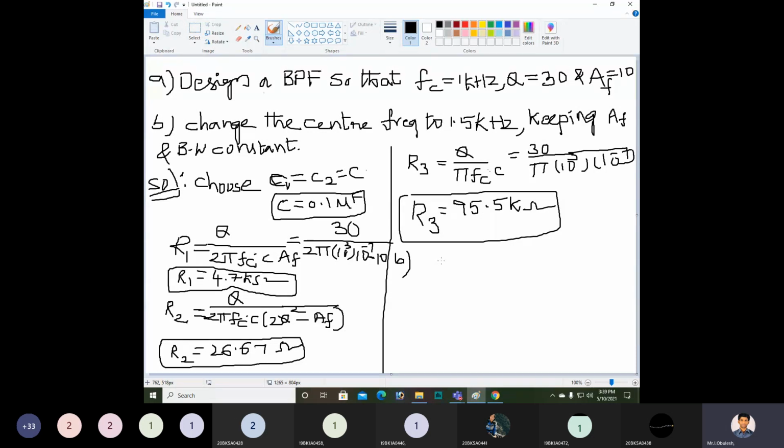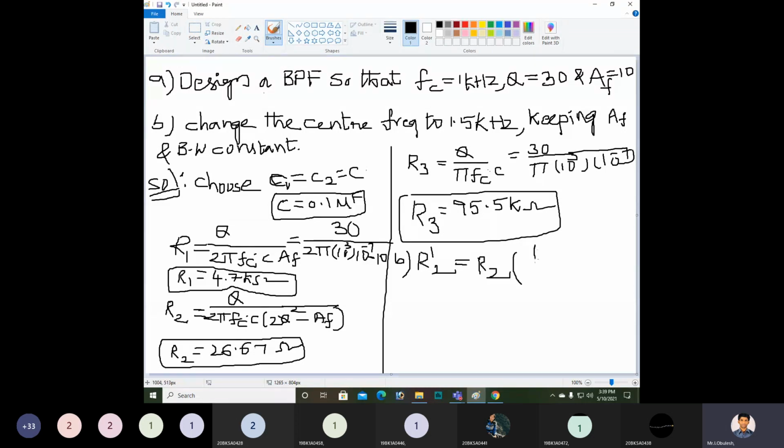Here we need R2 dash. The value of R2 dash required to change Fc from 1 kilohertz to 1.5 kilohertz equals R2 into